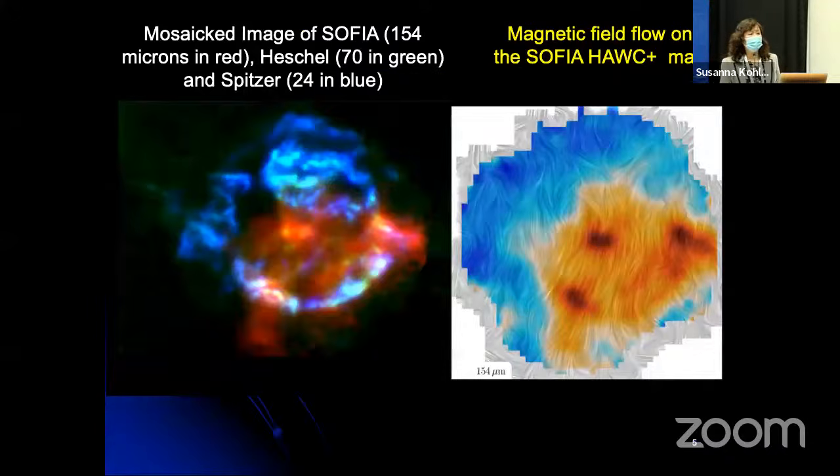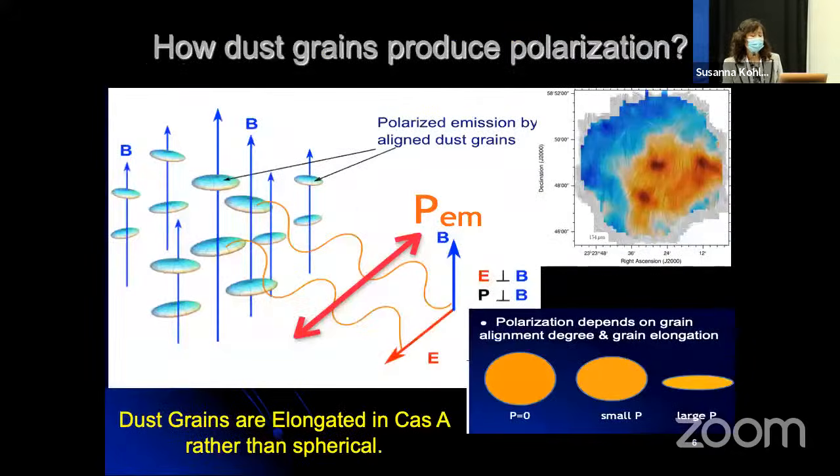So we have an image here on the left: red is the SOFIA image, and blue is the Spitzer and Herschel image. You can see it's cold dust. That's important because that's contributing dust mass. Here on the right side, we have a polarization flow. As you can see here, there are directions with a very well-aligned magnetic field direction, which is this blob corresponding to the southwest eastern shell on the left. And in the west, there are just random things, which means it's not aligned. So you can see some direction of the magnetic field.